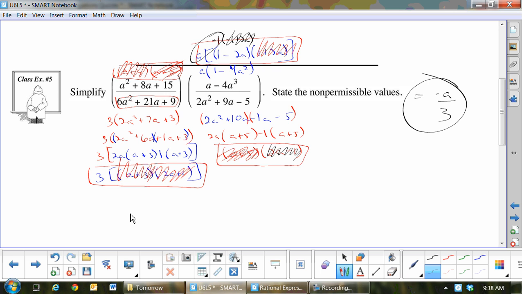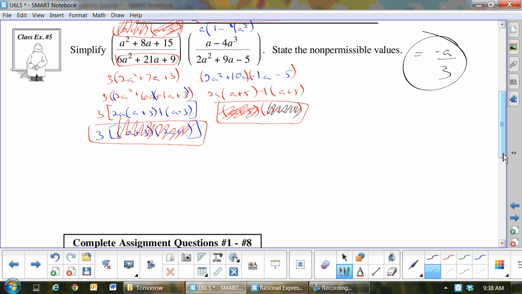And even if you kind of finish and you're like, hey, that could still cancel, you can still cancel it. You know, it's not too late. Because when you got it all maybe nice and cleaned up, and then you look and you go, oh yeah, there's an a minus 3 and a negative 3 minus a. I could just cancel those, right? So hopefully, if you are very clear with your steps,